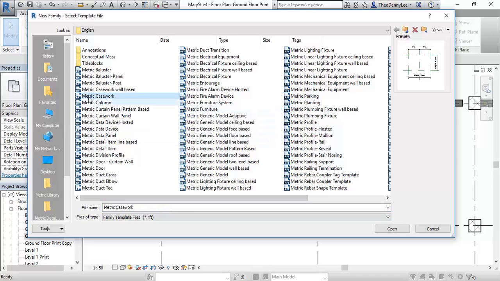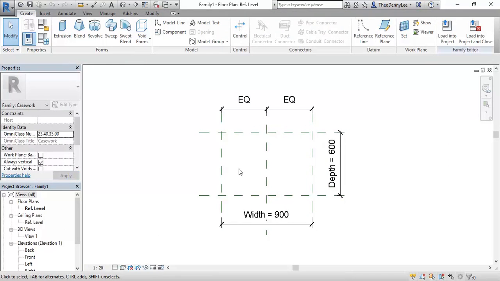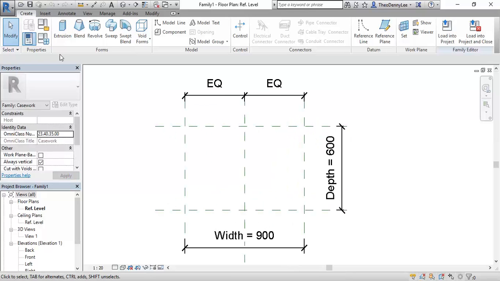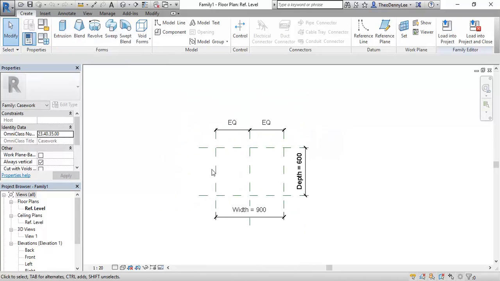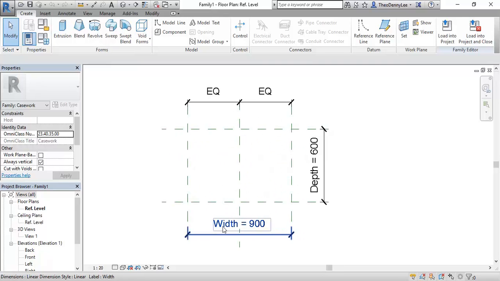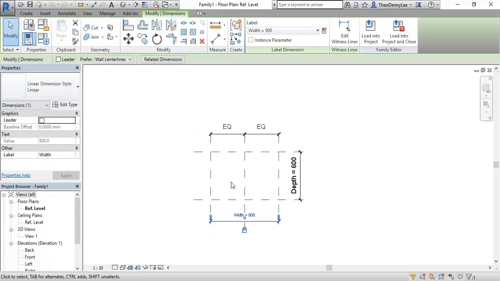So again, I'm going to use metric casework. But really, what I want to show here is again those modelling techniques. So it's again a screen that I'm trying to make, and I'm going to put in that measurement that I took from the project straight away. So the width there is, well, it's 3457